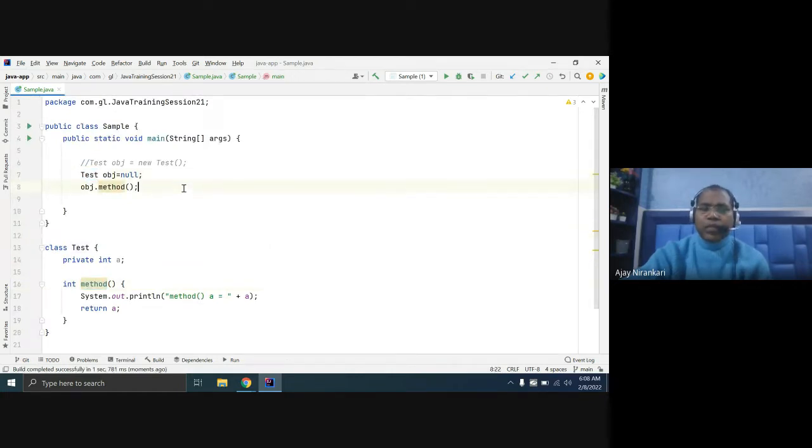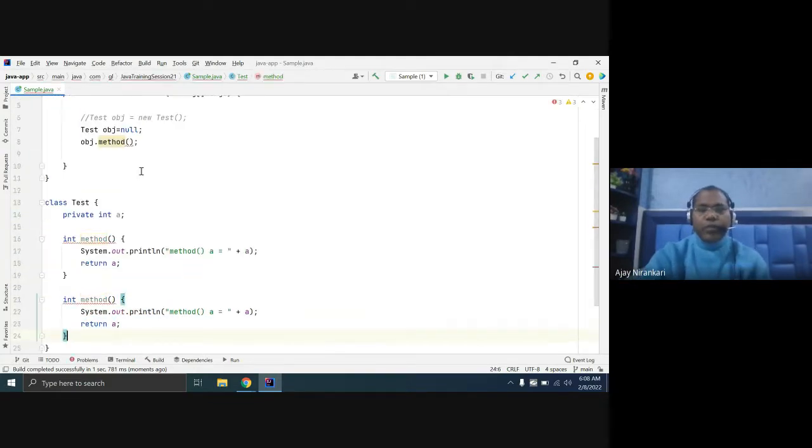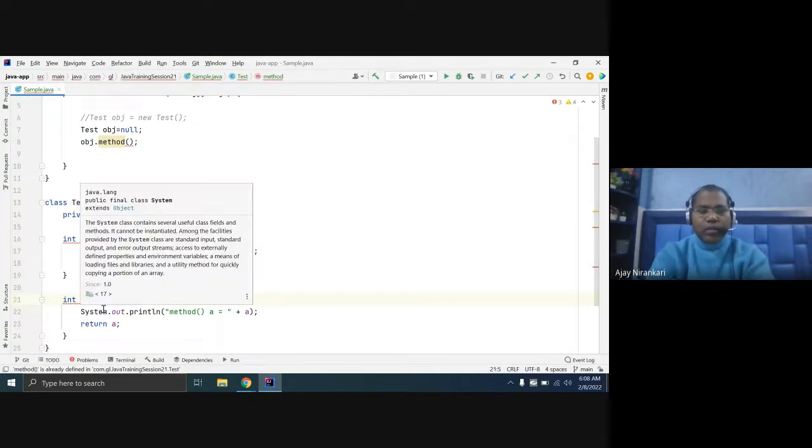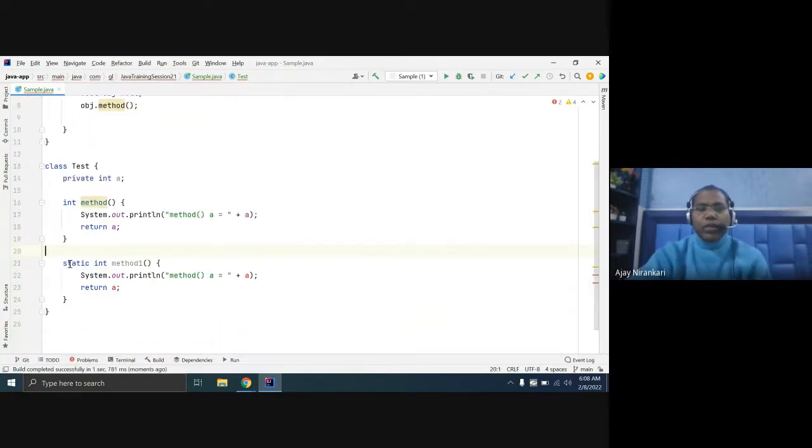So we have options. If I want this method to be invoked without the creation of a Test object, then let us write another method. We can write a static method as well. So here you can say this is the static method.